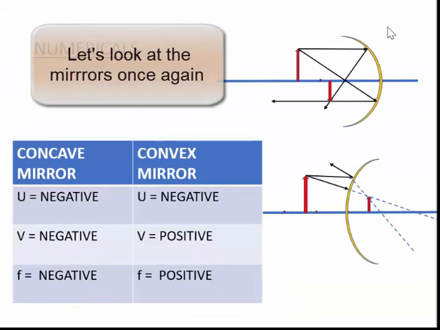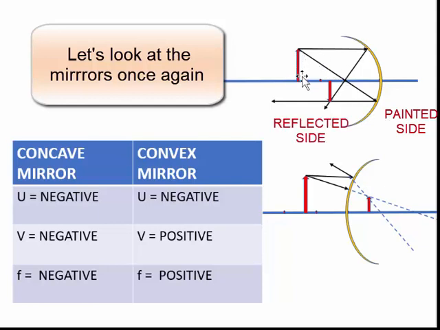What I have drawn here, if you see this first diagram, this is a concave mirror. Now, this is generally how the ray diagram in case of concave mirror looks like. We have an object which is placed beyond C, and this is how we are getting the image. The image is generally inverted and the size of the image varies from small to large size. Let us get to know what will be the image distance, object distance, and the focal length in case of both concave as well as the convex mirrors.